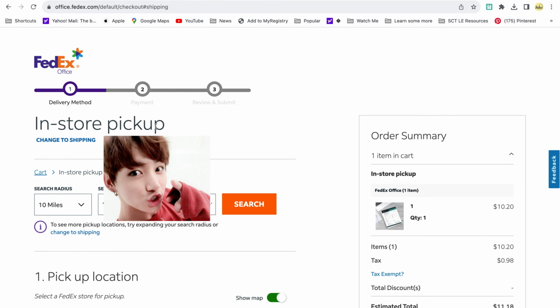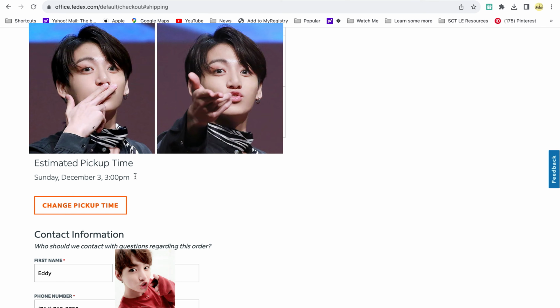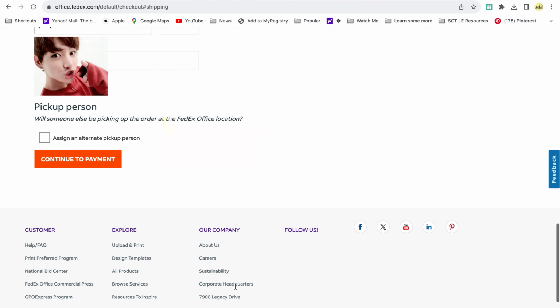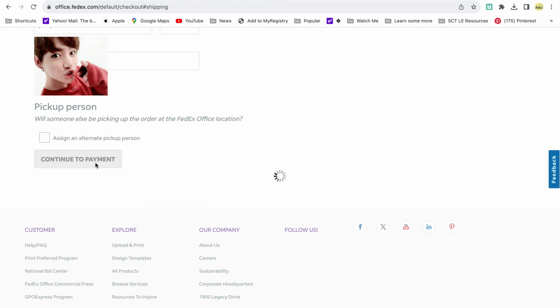If you change your mind, you can change to shipping, and you can search the radius to find if there's any FedEx nearby you, and pick up a search. Estimated pickup time if you want to find somebody else to pick it up for you. Go ahead and continue to payment,